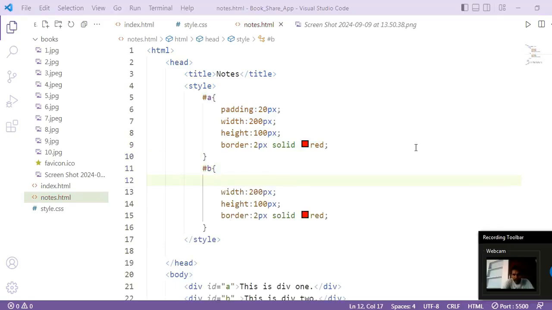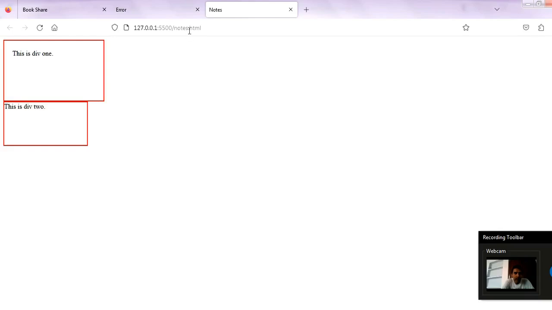Now let us run this. So you can see two divs, okay. I have given same height and width to both the div, but div 1 is having more height and width than div 2, right? So why this is happening is, when we have given width and height with padding, then total width adds padding, okay, and therefore, so let us see this in developer mode, okay.